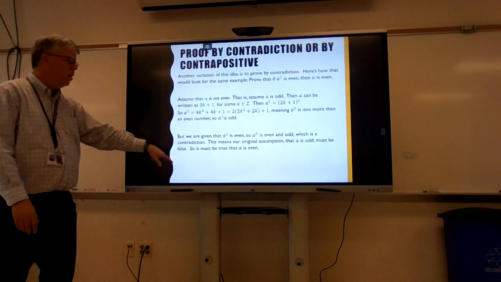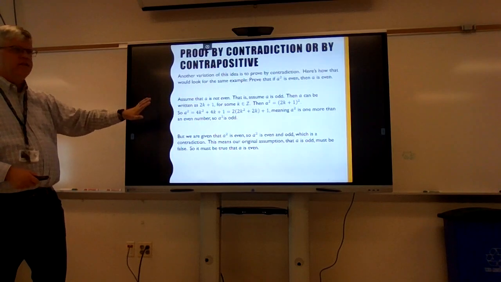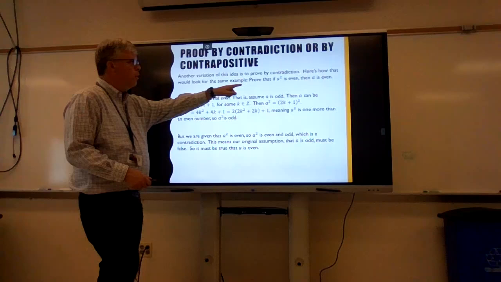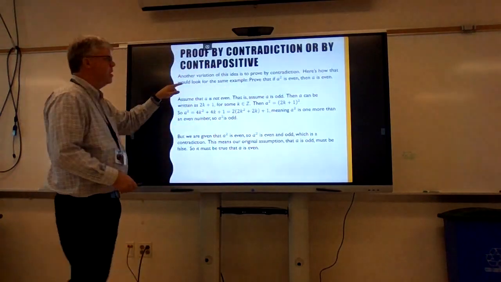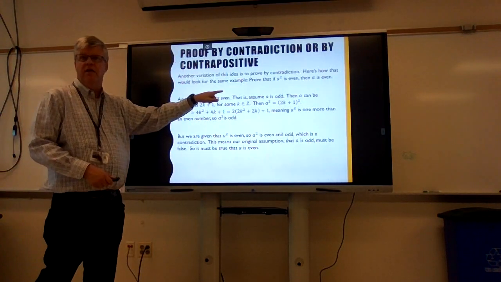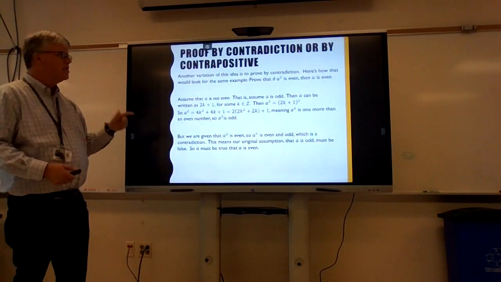Okay, I wanted to clarify a couple things. I know I showed you all this yesterday, but I want to make sure you understand how this looks different from a proof by contrapositive. Notice that even though there was an if-then here, when I'm proving this using the contradiction technique, I'm not making a new if-then. So there's no new if-then written here. I did not write the contrapositive. Instead, a proof by